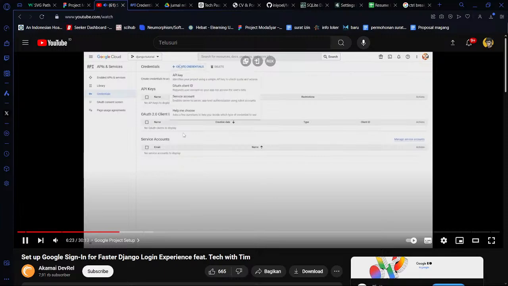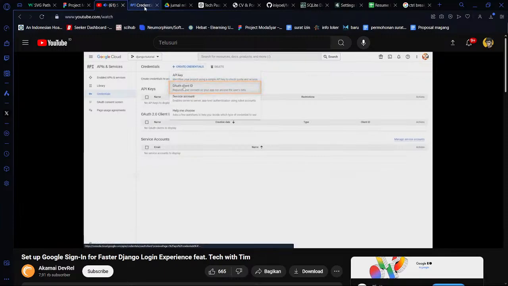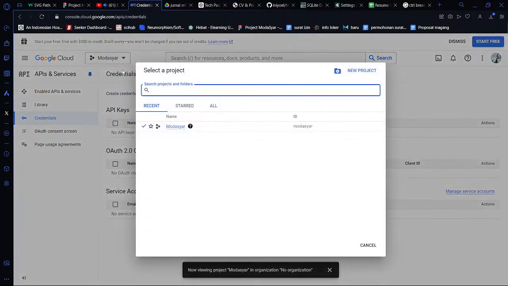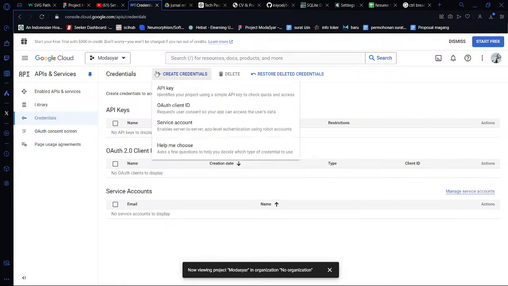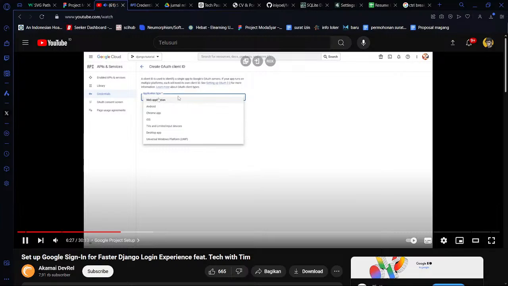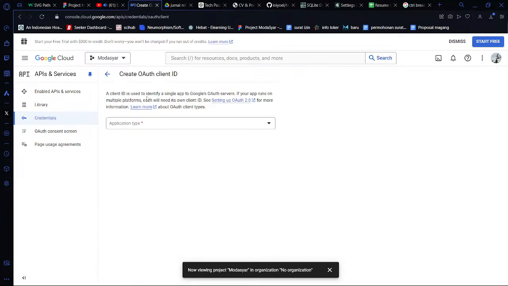So we're going to go create credentials. We're going to select OAuth client ID, and then you're going to make sure this is web application. That's what we're doing